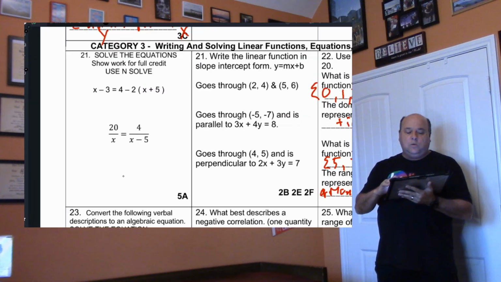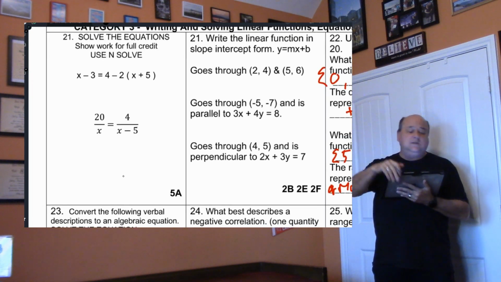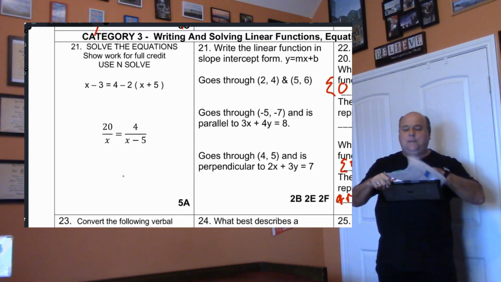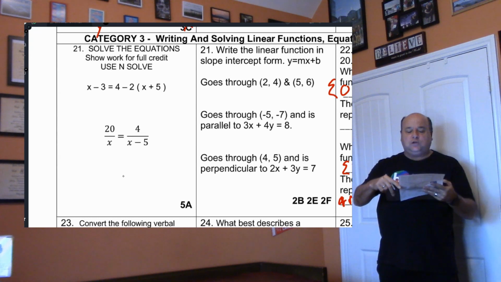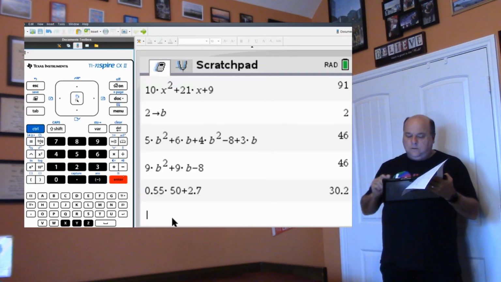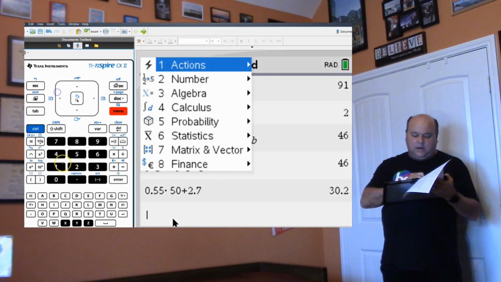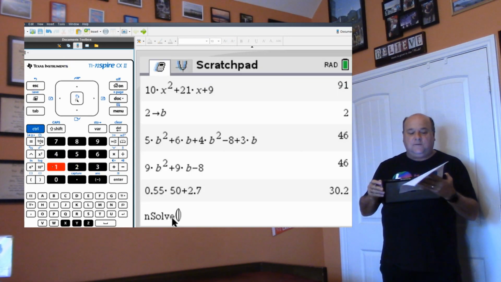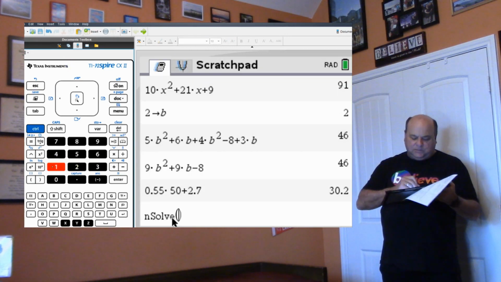Go to number 21. We are going to use InSolve here. So we're just going to type it into InSolve. I'm going to get my paper so I can type these in. So we're going to go to your calculator. We're going to hit menu 3, 1. That's numerical solve, and just type in the problem. X minus 3